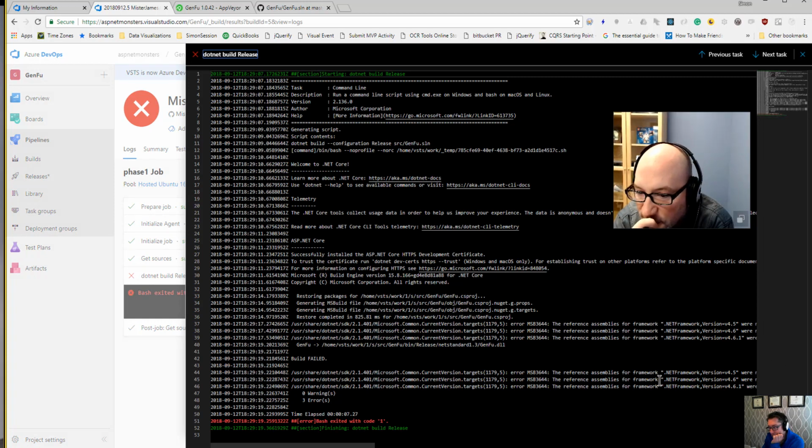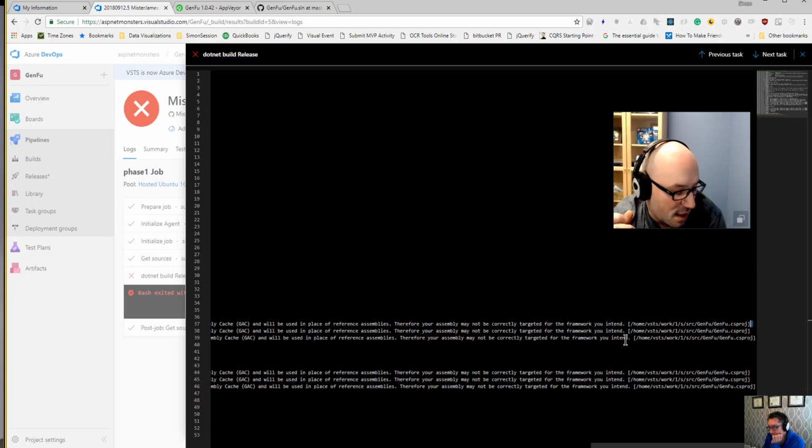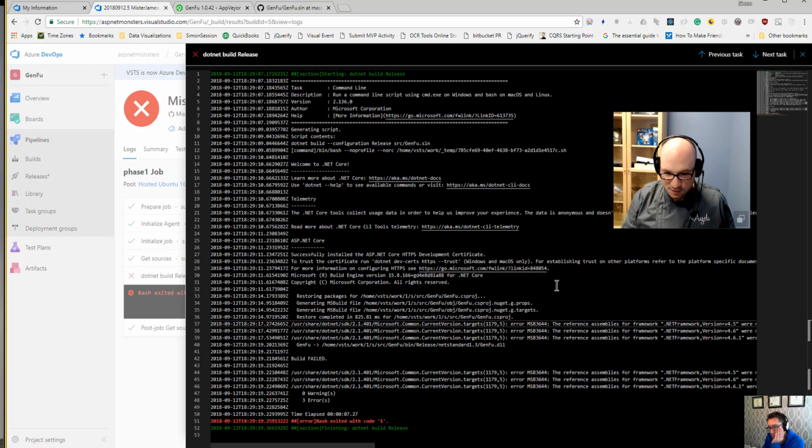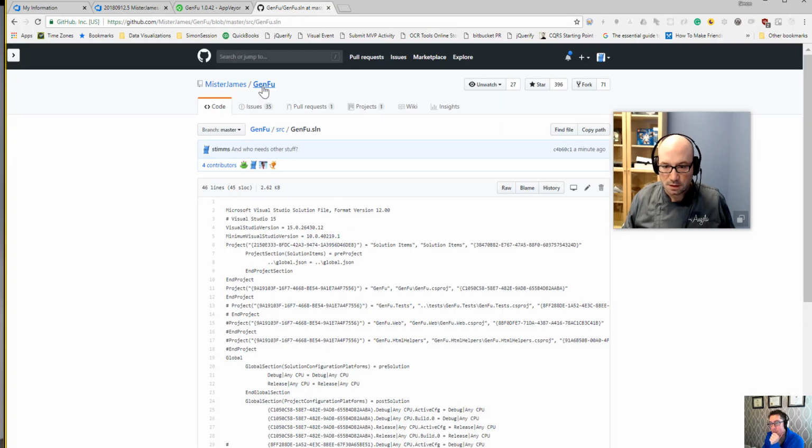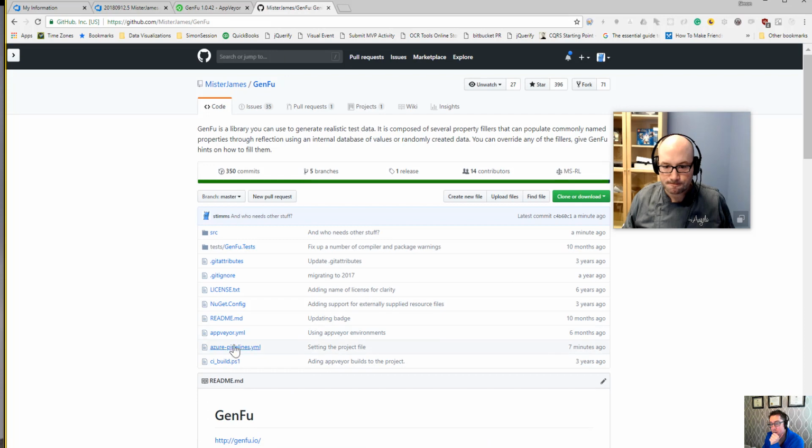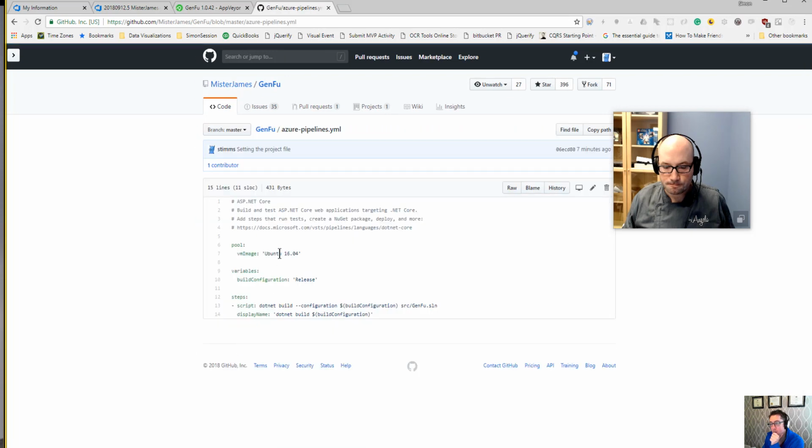Reference assembly for .NET Framework 4, 5, or... Yeah, because our project builds to all those other frameworks as well, right? So we can build full framework stuff on a Linux box. So let's see if we can figure out how to change the target platform. In the csproj? No, I was thinking in the pipelines, because right now we're running on an Ubuntu machine. So if we can maybe find